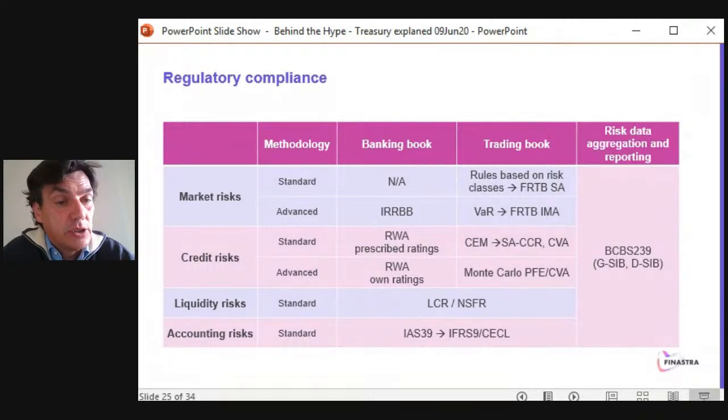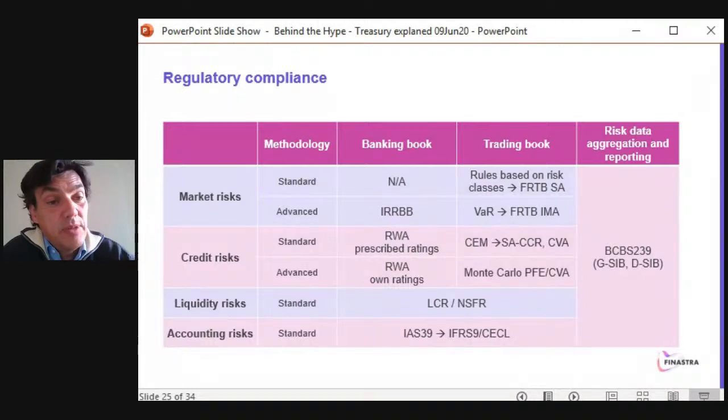When it comes to liquidity risk, those two are very interesting because they are very much on the mind of every treasurer every day. So it's the LCR and NSFR. What does it stand for? LCR is the liquidity coverage ratio, and NSFR is the net stable funding ratio. So the first one, the liquidity coverage ratio, what does it mean? It imposes on the treasurer to have enough money to sustain all the outflows of the bank for the next 30 days. For the next 30 days, the bank needs to have enough money in reserve to sustain the outflows without any inflows. So that's very interesting.